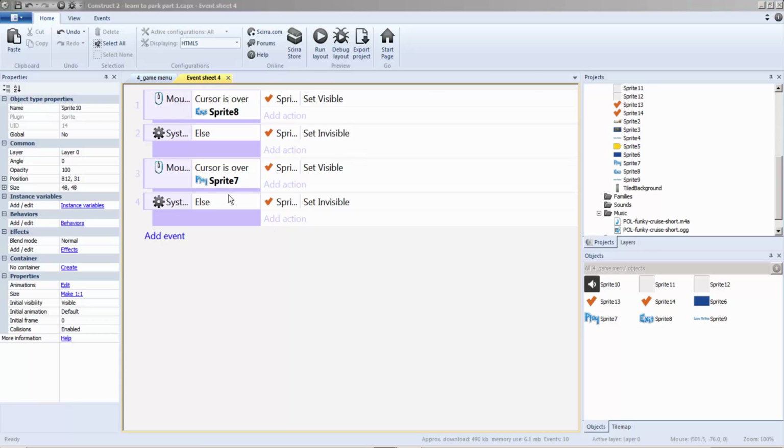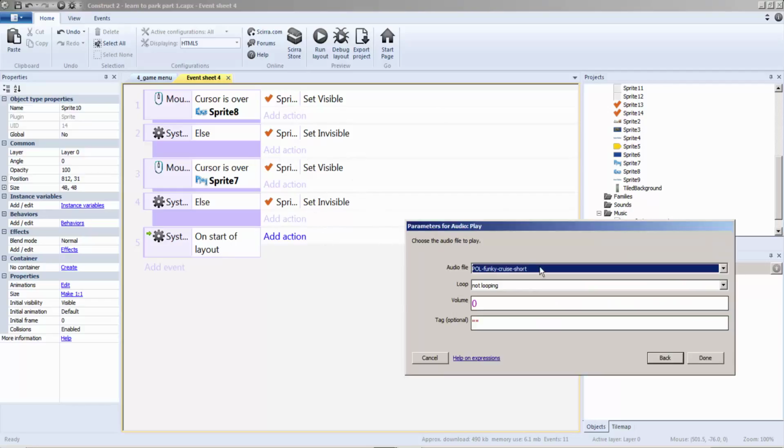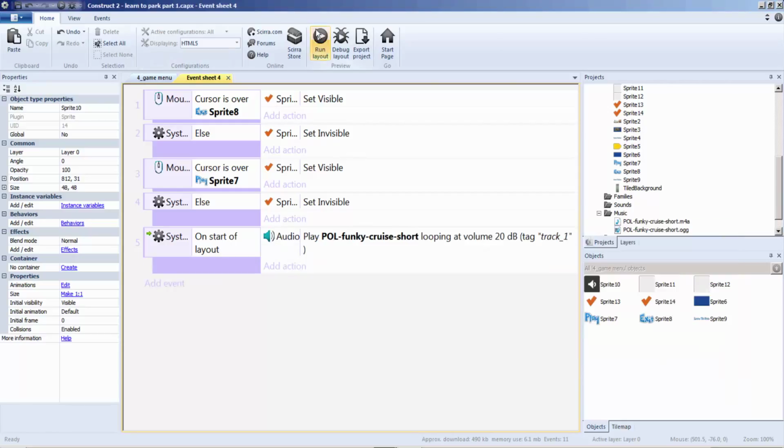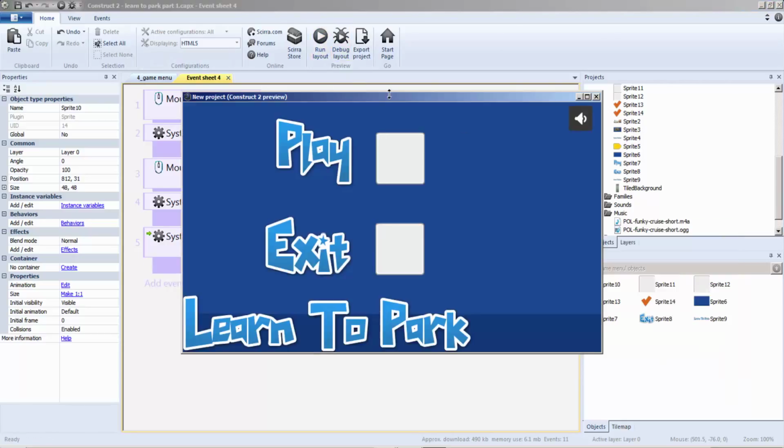So, system on start of layout. Audio, play, cruises, volume 1, tag. I'm going to call it track underscore 1. I like using underscores. And our volume is going to be 20, and it's going to be looping. So when we run it,